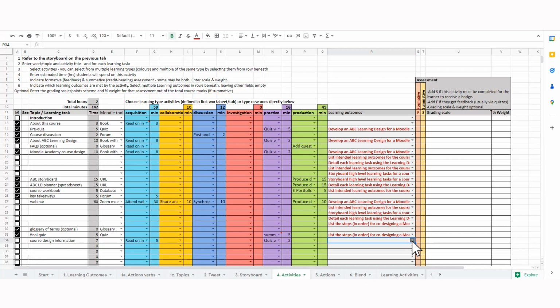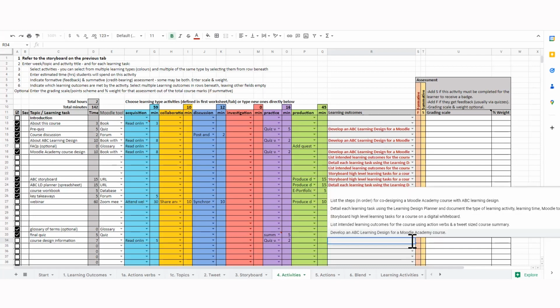And then I can choose the learning outcomes that apply to that learning task. And you can see that the time has automatically calculated here, 7 minutes. So I might choose this one here.